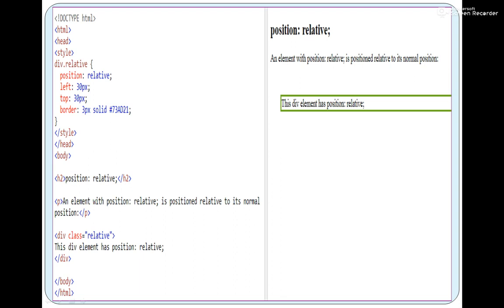So we'll go to the relative class. Now here you can see position is given relative, and from the left I have to leave 30 pixels. From the left I have to leave 30 pixels, so it has left the 30 pixels and placed the element. Agree? And from top it had to leave 30 pixels. But I think from top, if you see, it is not 30 pixels.